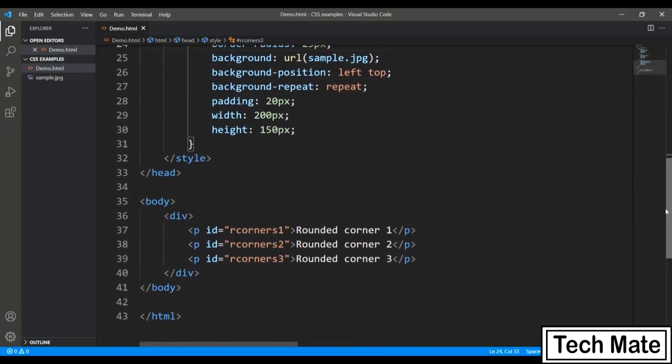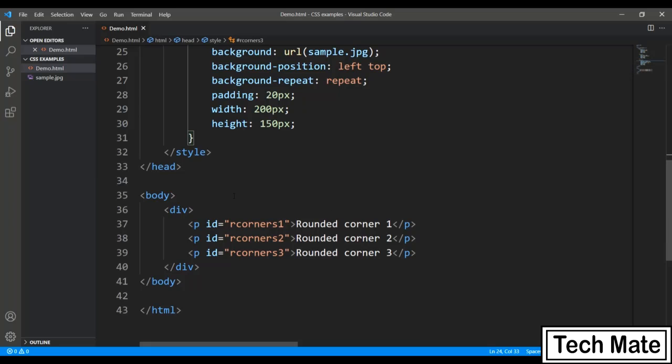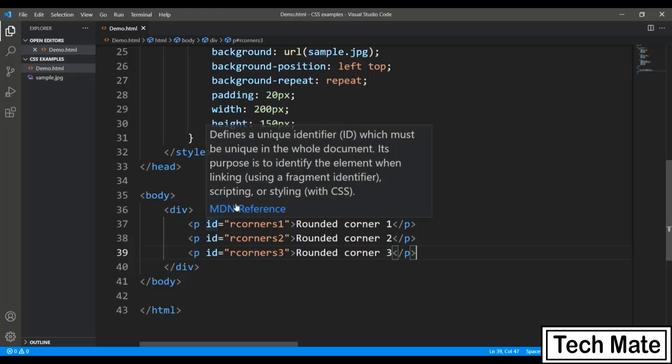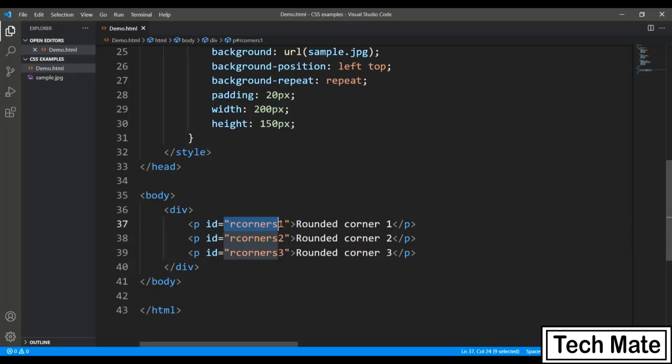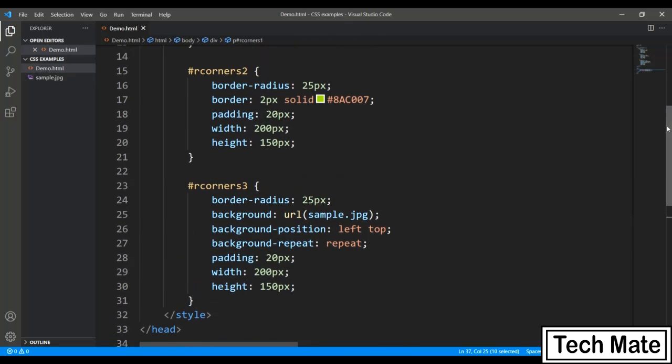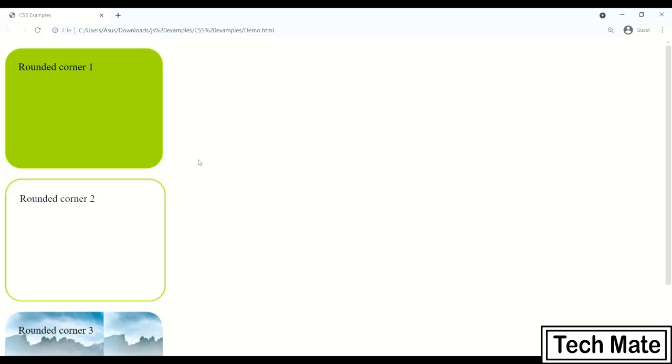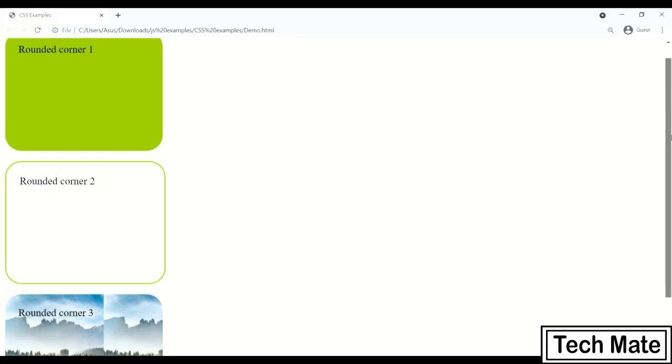Now let's come to the body, and since I have used ID selectors, I will take three different divs of paragraphs or whatever you want, and pass these as an ID. Let's save it and come to the browser. You can see all the three rounded corners.